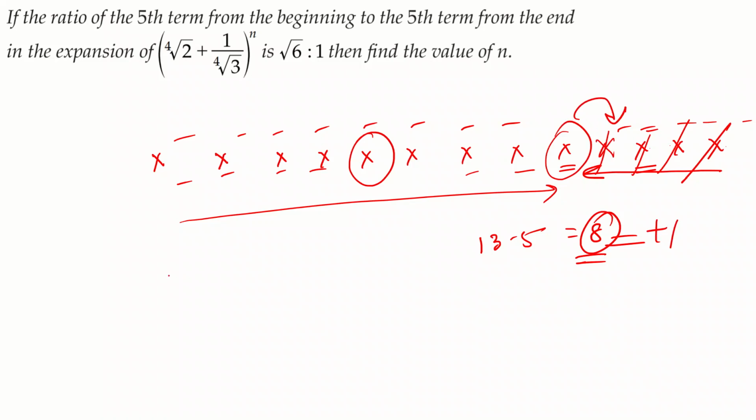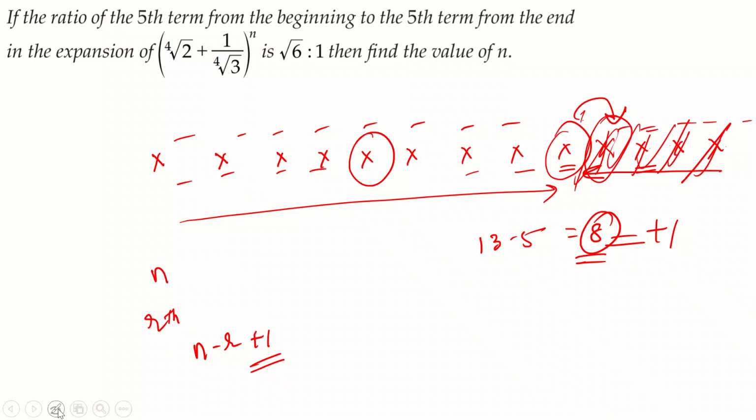So simply, if I give you n terms and I give you the rth term from the end, what is the rank of the rth term from the end? It will be n minus r plus 1, because when you do n minus r, you actually cancel out that term as well, but we don't want that. So again, to reach that term, we add 1 to it.